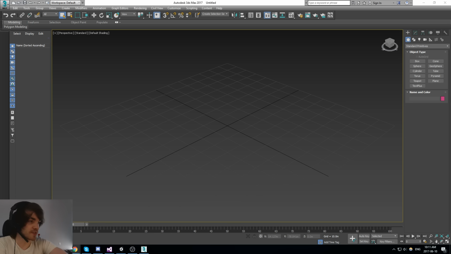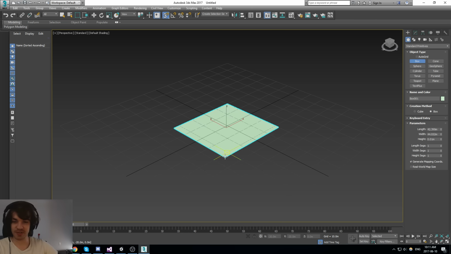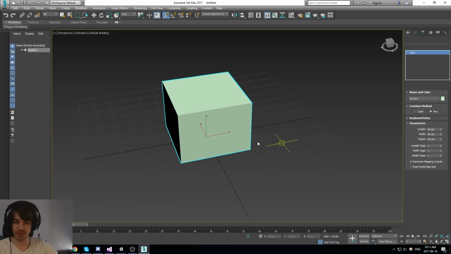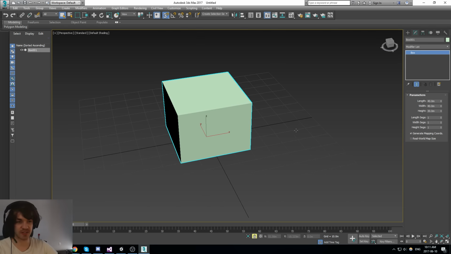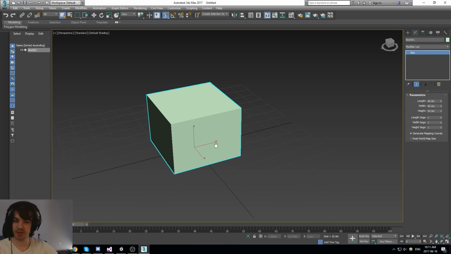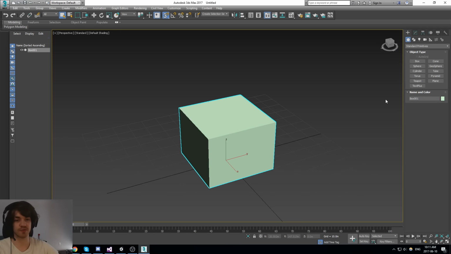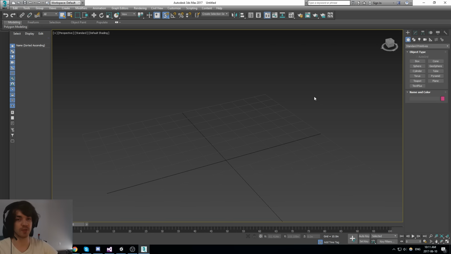What are the major differences between Blender and 3ds Max? The major difference, for me at least, is just the keybinds. I can get moving so fast with this thing, and right now my keybinds are not set, but still, I feel like it's a lot faster for me to work in 3ds Max just because I know the environment more and I know how to reset stuff. I just don't know how to do that in Blender. But if you get used to Blender, go ahead and use it. It's open source, so it has more potential than 3ds Max.